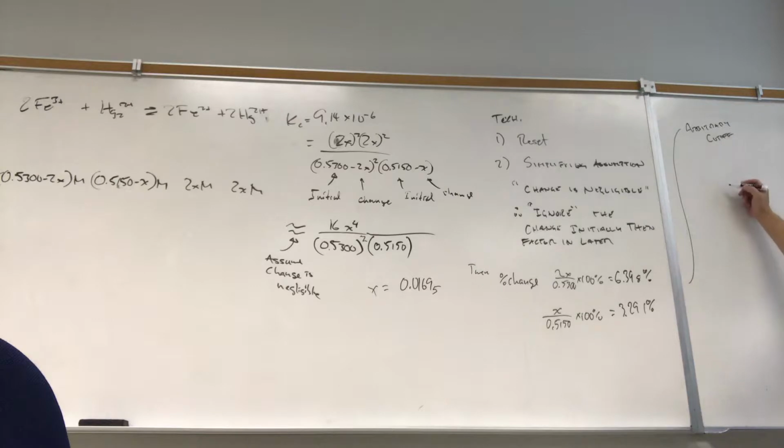The arbitrary cutoff is this. Greater than 5% is too much, therefore too much change. Therefore, the simplifying assumption is not valid, because this simplifying assumption is based on